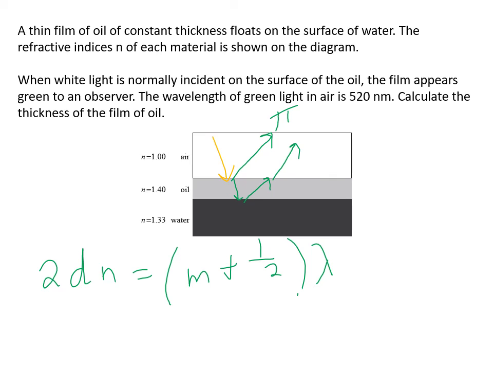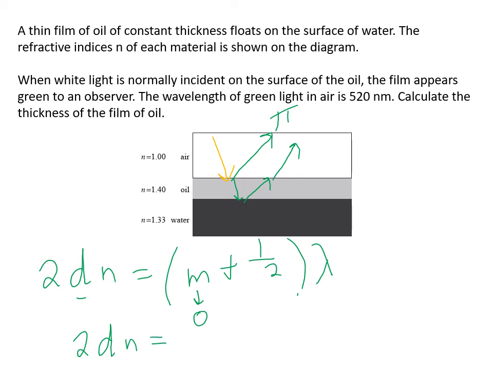And we're going to solve for the lowercase d. And we will assume that the person is seeing m as 0. So we'll just go with the first light that the person can see, the first pattern that would be present. So this equation becomes